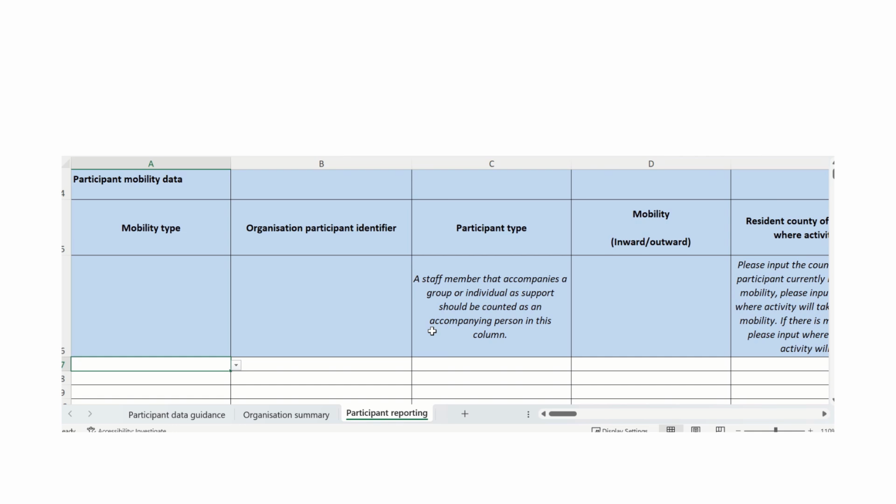have already been incurred. Just to note, when it comes to reporting to Welsh Government, we only report once the reported mobilities are completed. And this may be an obvious point, but please ensure that you're creating a new line for each participant. So for example, if you've got a group mobility with 10 total participants, you would need to enter 10 separate participant lines for that mobility.